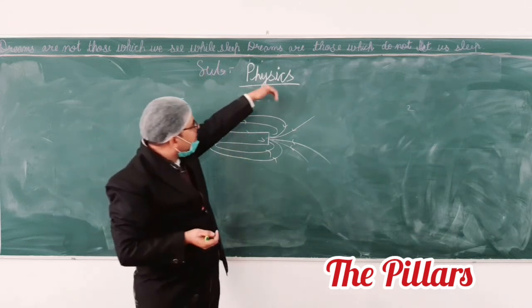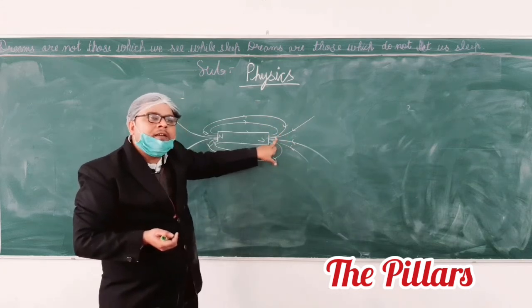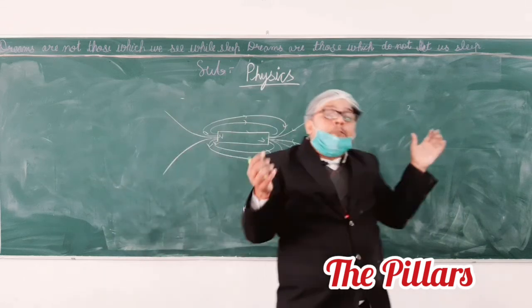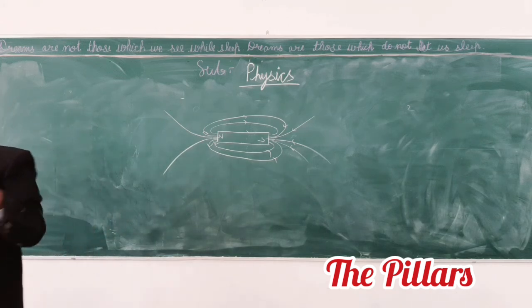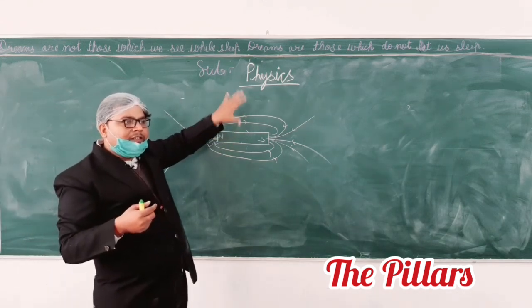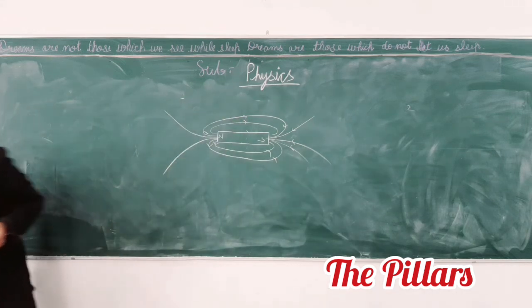Again, when they are coming nearer to this, they are converging, meaning here the strength will be more. So at the poles, magnetic lines of force will be more dense in comparison to any other region. So that's why magnetic field strength at the pole is more, and as we are going far from the pole, the strength is becoming lesser and lesser. Okay, beta?